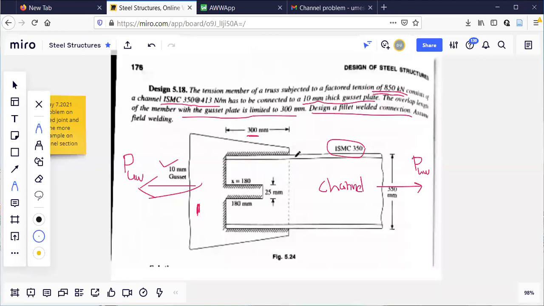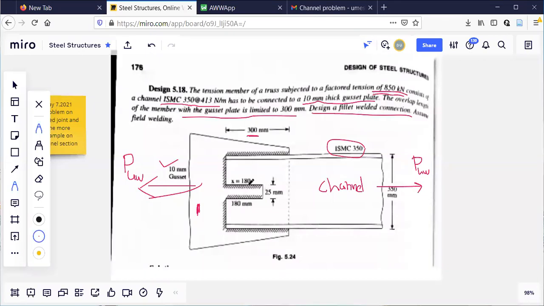But the condition here is overlap should not be more than 300. But if the length is 600, what you will do? You are going to get a length of, let us say 600, or say 1000. If at all the length is 1000, we can see this 300, this 300, this 350, even then it is becoming insufficient.